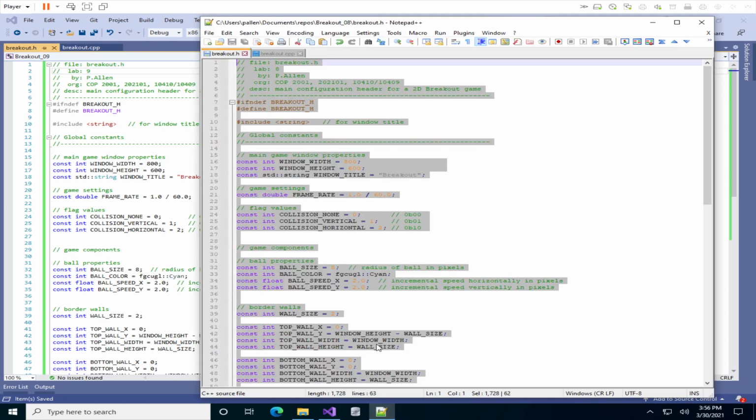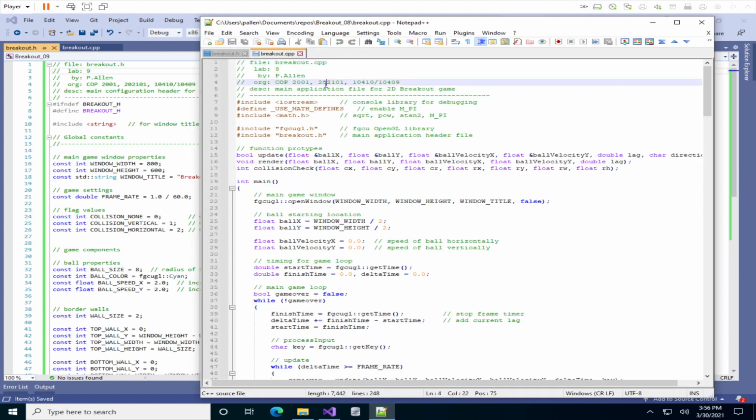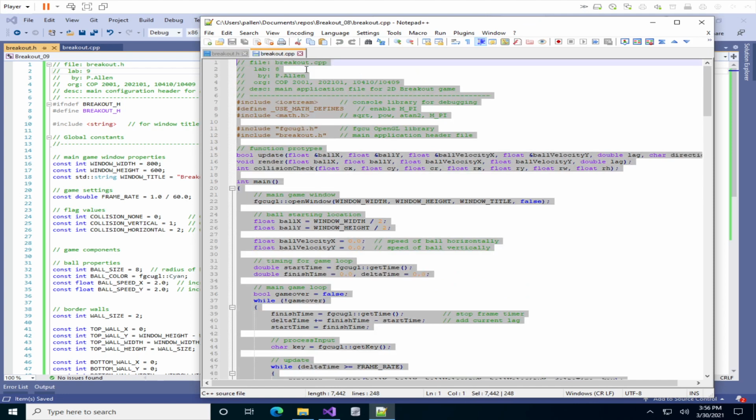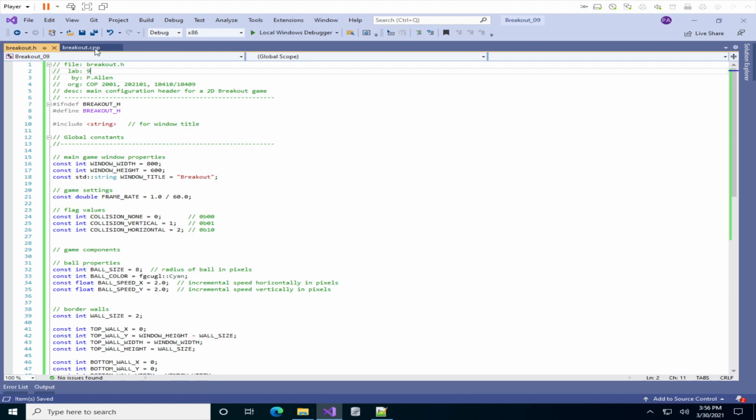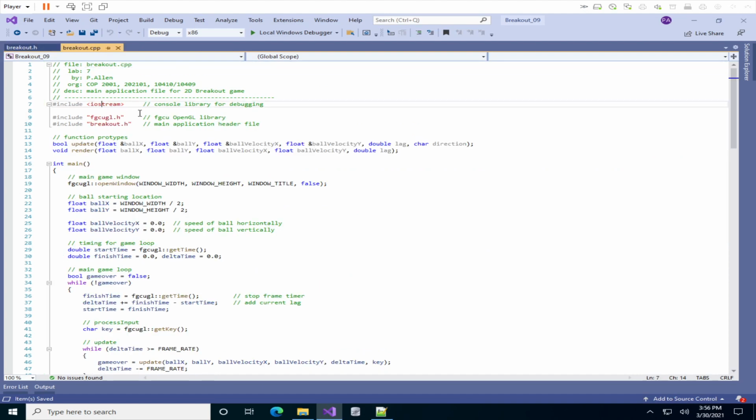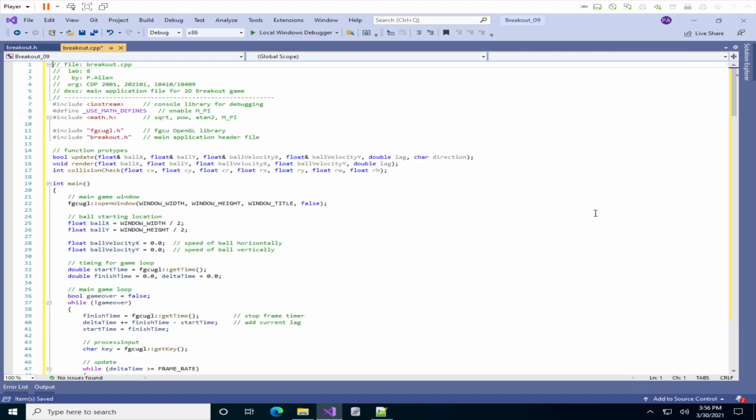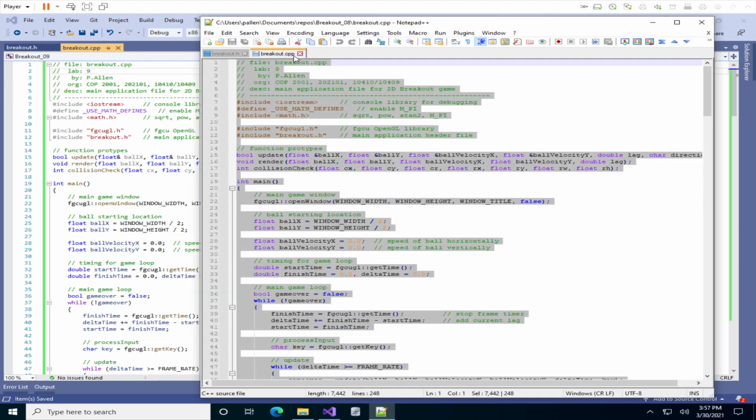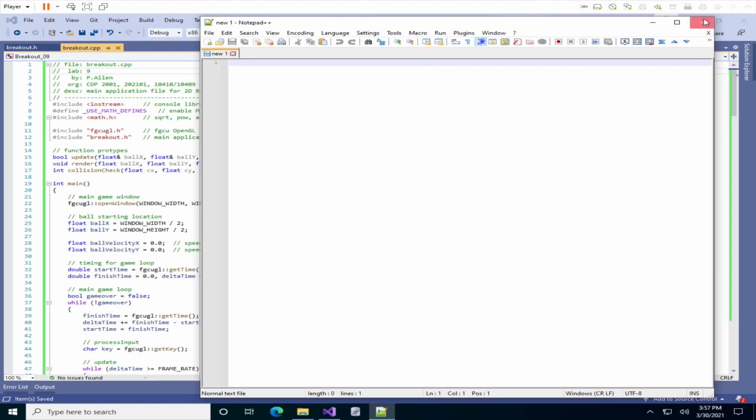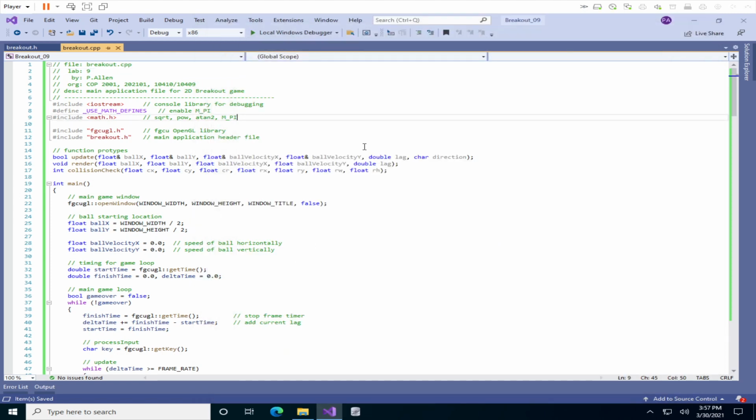And then back here in Notepad, in the CPP file, Control-A to select, Control-C to copy. And then in here, Control-A to select, and Control-V to paste. And then let me change this to 9 before I forget. Alright, and then now I can close these. And so now I have the code from Breakout 8 in here, and we can start moving on with